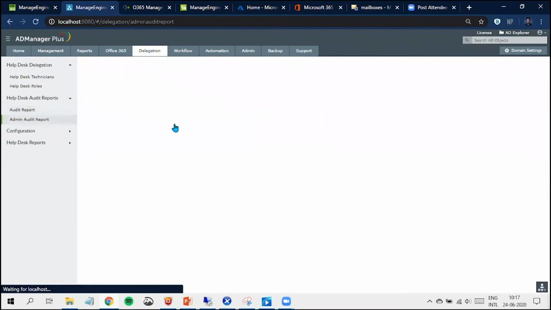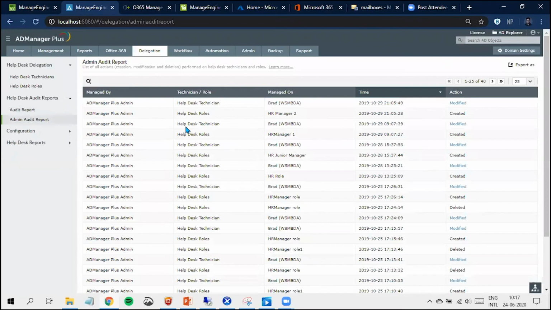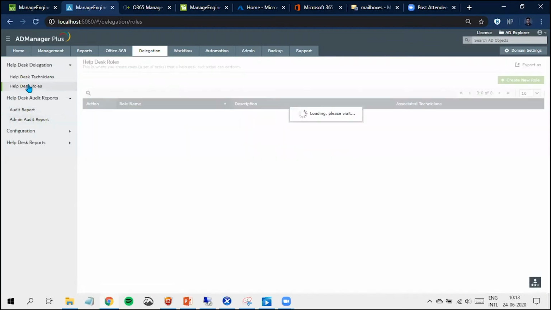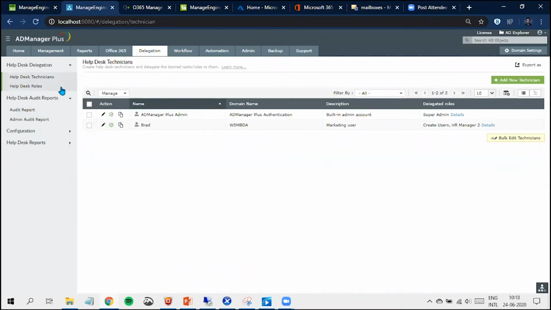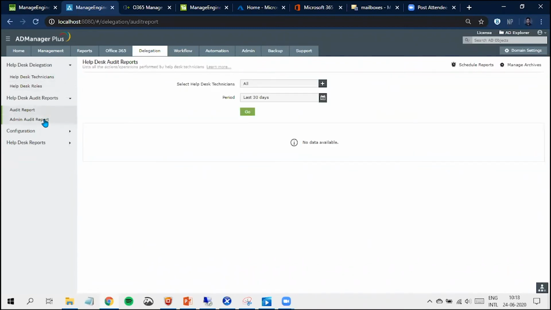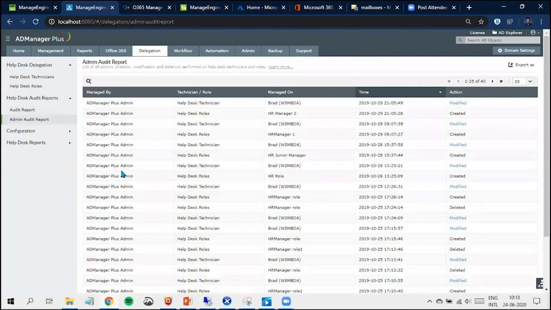And I can also find out the roles that were delegated by me as an administrator to my end user, right? So the thing I'm trying to put forth here is that you have a centralized interface to delegate access, to ungrant or to revoke access, and even to monitor the things that are being done by your users using the privilege that you just gave them as an administrator,